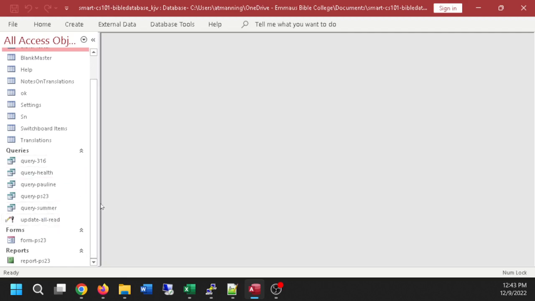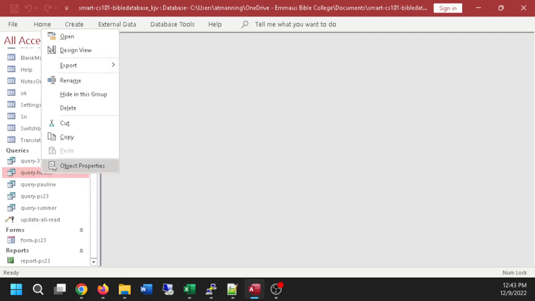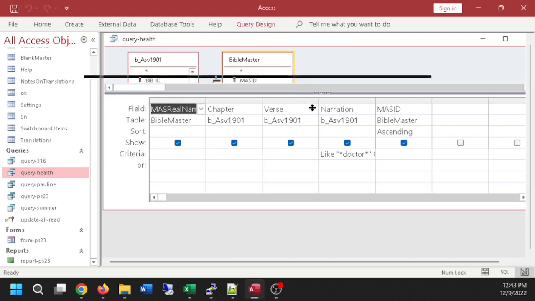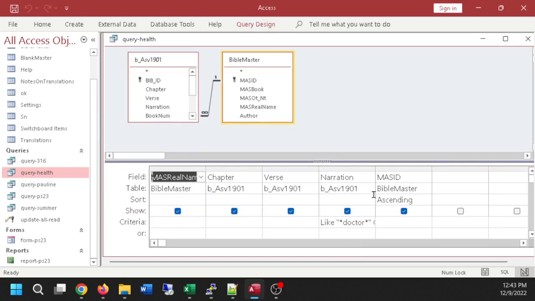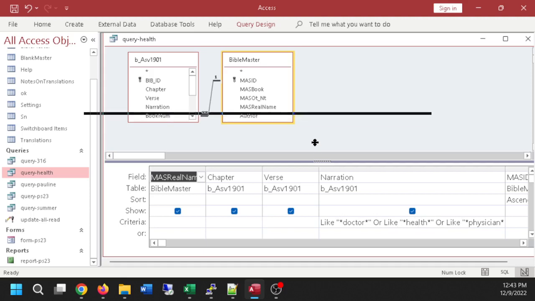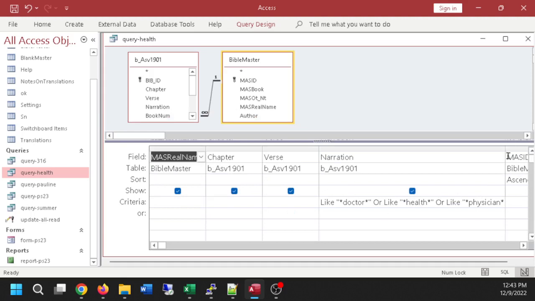And let's just take a quick look at the query health. You should be able, under design view, just even looking at a query now, you should be able to tell what that query is doing. And notice when I come back to it, when I put things on 3 different lines, it changed that to putting them all ORed together on one line. So it changes it after you do it. It's like, wait a minute, why couldn't you leave it on 3 separate lines? But what it's doing is actually interpreting the SQL it generated and putting it in